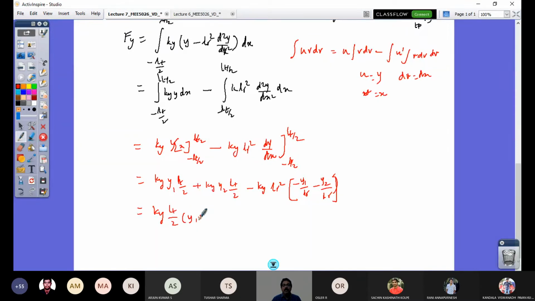I have y1 plus y2. And here there is minus, if I take out, that becomes plus ky LR square within bracket y1 plus y2. So I can take out y1 plus y2 in both as common. Ky if I take that out. So what will I have? Ky